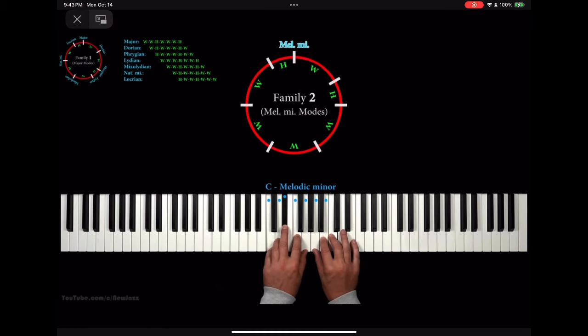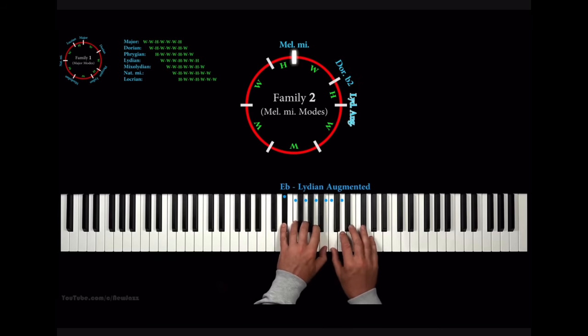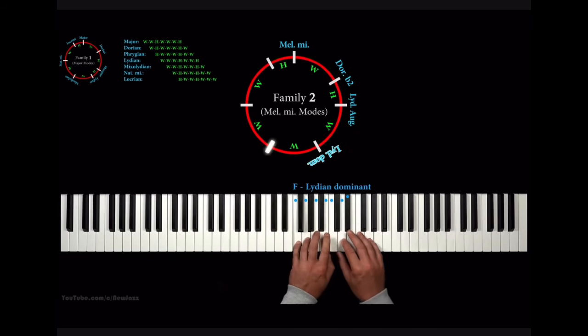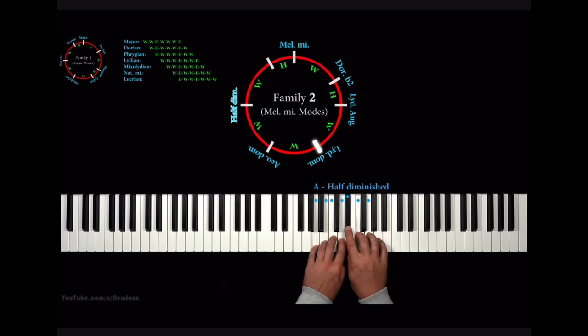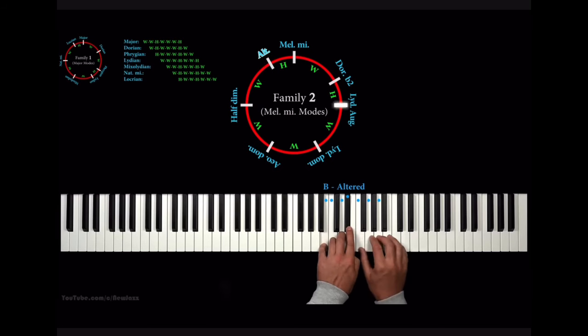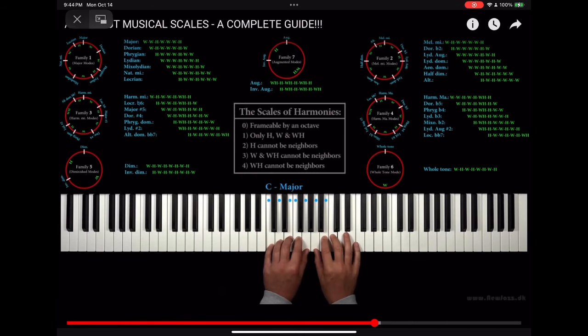So, here we have the 2nd degree, 3rd degree, 4th degree, 5th degree, 6th degree, and 7th degree. Again, all these 7 scales belong to the same family because what 7th chord can we use